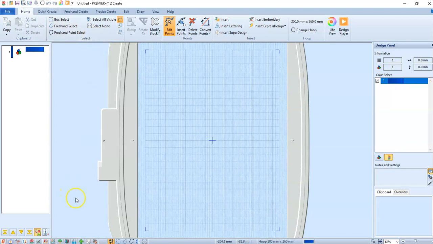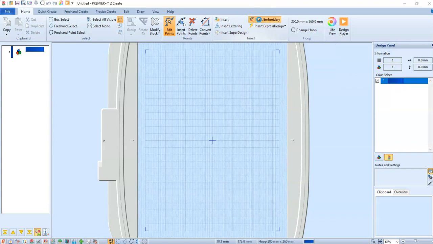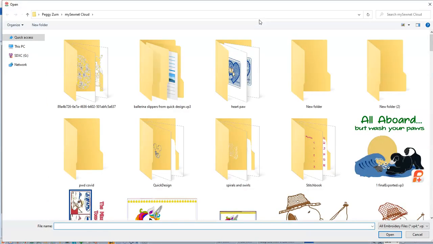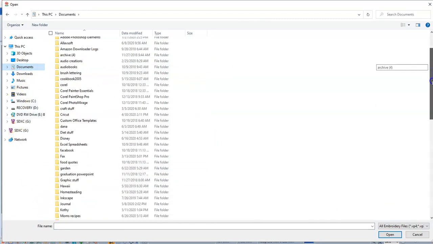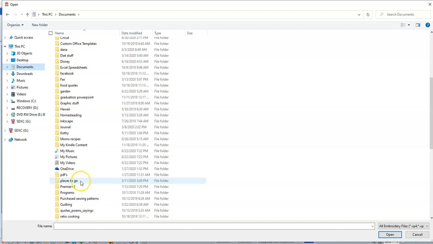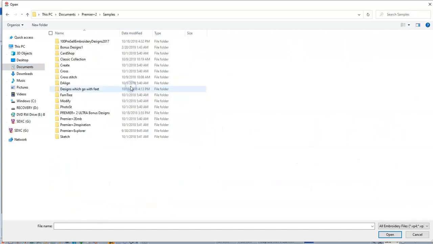And then I'm going to go and find an embroidery that is redwork. So I'm going to go insert embroidery, and I'm going to go out into my Premier Plus 2 folder, into my samples, and I'm just going to do a search for redwork,